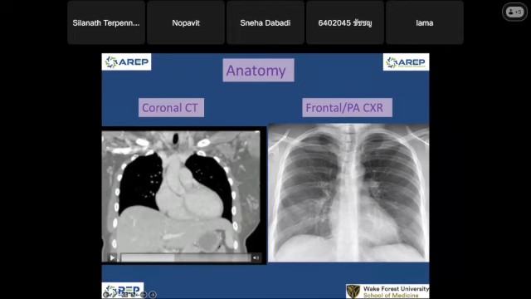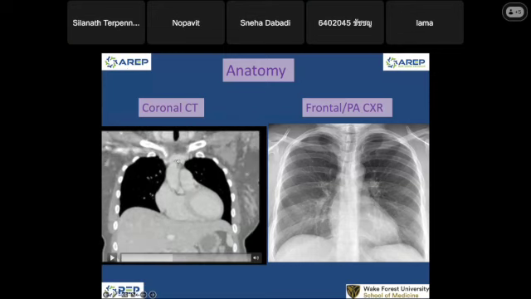Okay, this is the subclavian vein, and then this subclavian vein will join the right internal jugular vein. You see that this is the right internal jugular vein. The subclavian vein will become the brachiocephalic vein on the right. Pretty short. Okay, and then if you go a little bit further, this is the brachiocephalic vein on the